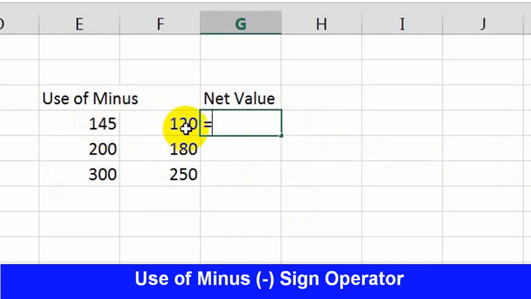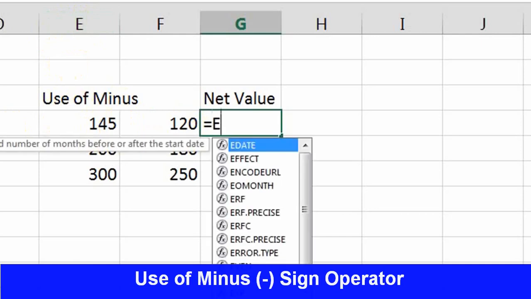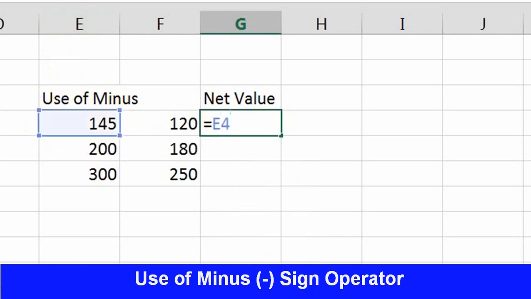So here let's use cell address. To refer this 145, I need to type E4. It refers 145 minus. Now to refer this 120, F4. See, the value has been highlighted. Now place it. See, the output is 25.